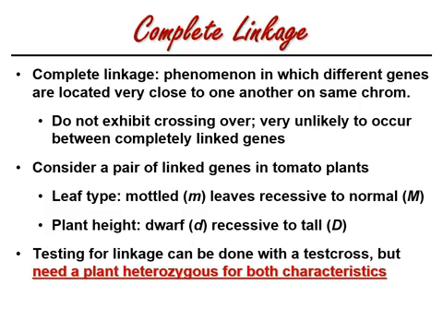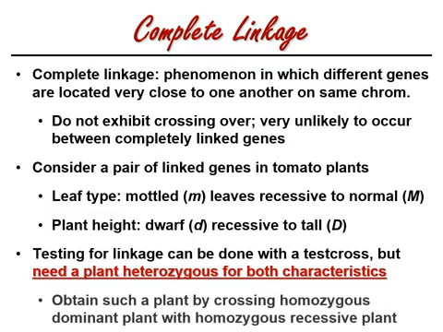And we could have a normal leaf plant that ends up being dwarf, or a mottled leaf plant that ends up being tall, right? So we could see if they actually get separated from one another. So we would obtain this heterozygote by crossing a homozygous dominant plant with a homozygous recessive plant. It's going to start off the same as everything we've done before, and I'll show you that on the next slide, but this time we'll use the linkage